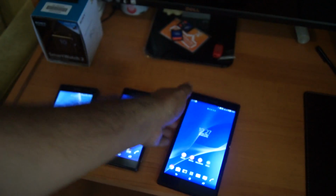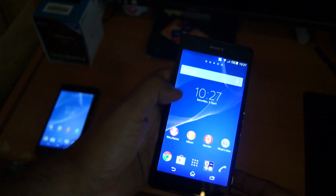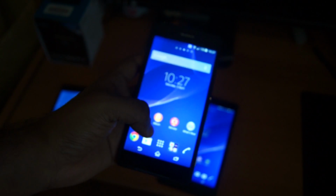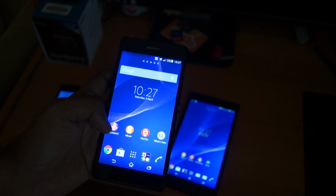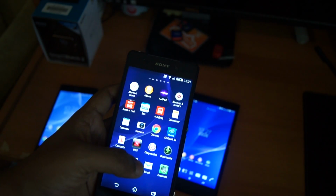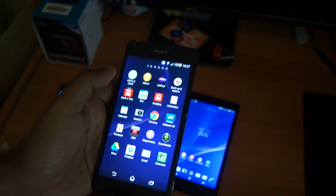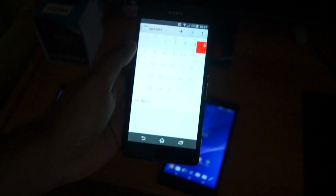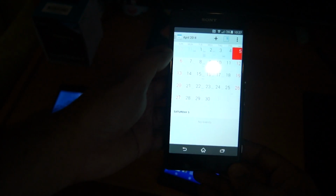Let's quickly go back to the original thing, the Xperia Z2. I'm not sure if everybody has observed, but this IPS display has some problems, like the previous Z1s were plagued with the whites being a bit yellowish. If you're not sure what I'm talking about, for example, I'll open up the calendar app. Do you see the whites on the Z2 here? Let me get focus. And if you see the same thing if I open it up on the Z1,